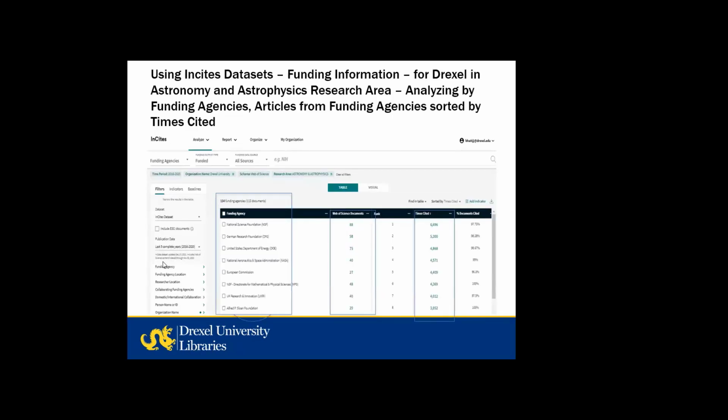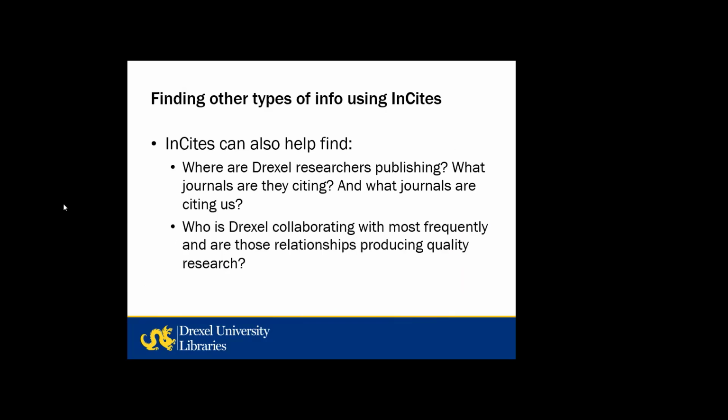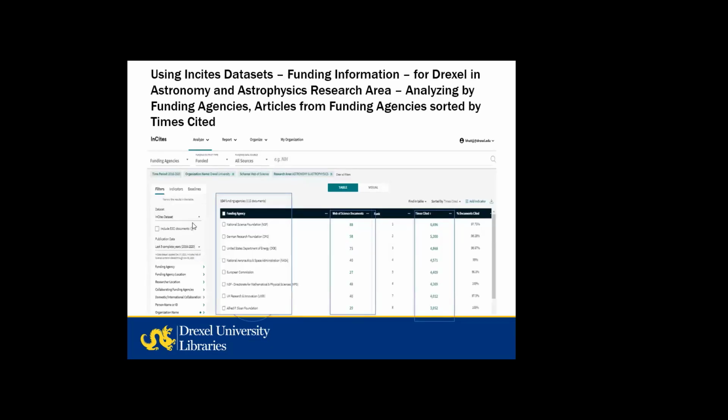So then I see funding agencies. You will see that National Science Foundation has 88 Web of Science documents with this many times articles were cited. So I'm sorting by times cited. So this is very important because using this funding option, I can see what funding agencies